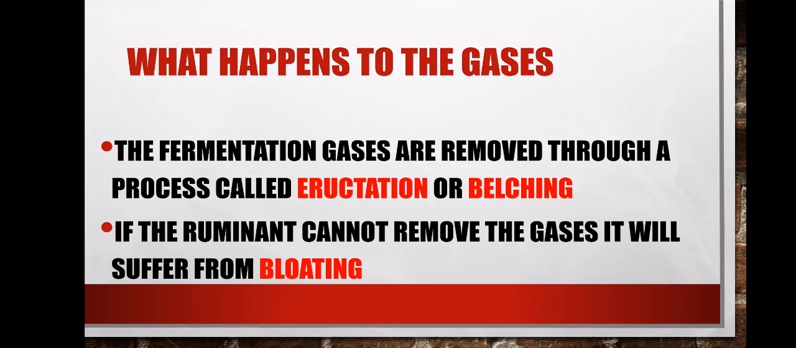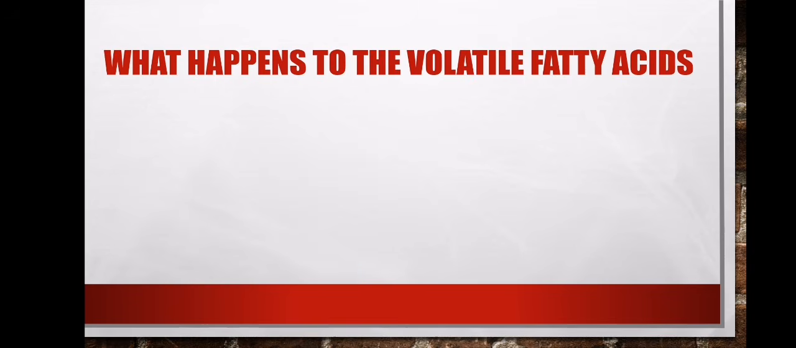The name of the process of removing the gases is what? It's belching. Let's say the animal fails to remove the gases. They will suffer from what? From bloating. Okay, fine. What about the gases? What will happen to the gases? Sorry, to the volatile fatty acids. These volatile fatty acids, good people,